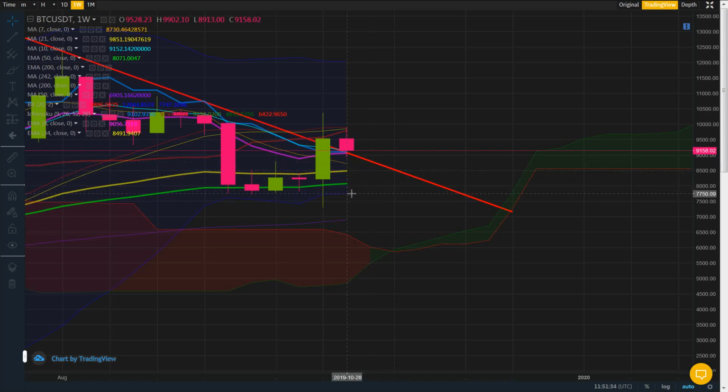If we break down beneath that, where's it going to take us? To the bottom of the Bollinger Band here, which is going to be 7,760. Well, we've got moving averages here. We've got the green 50. We've got the 21-day close there. We've got a few things to hold us up, but generally speaking, this could quite easily come back down to this level, and then even if it comes back down to that level, we would expect a continuation,